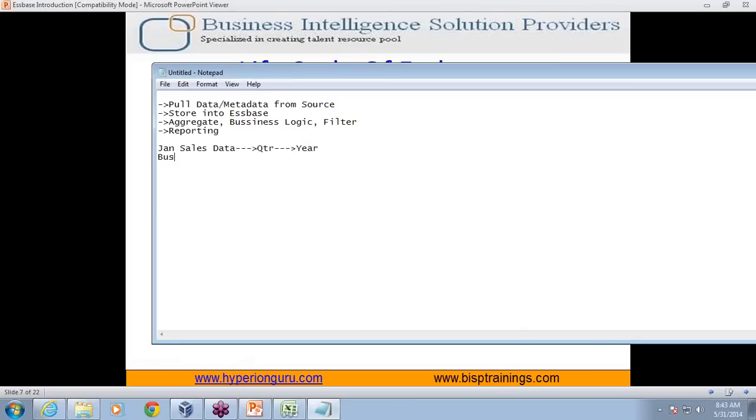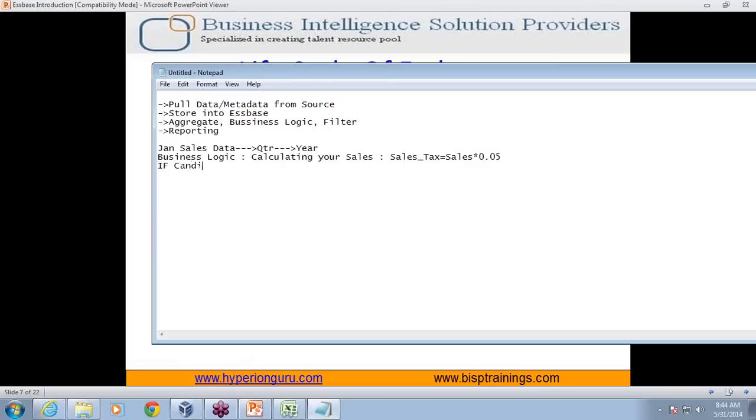You can apply some business logic. The simplest business logic could be calculating your sales tax, like a simple expression: sales tax equals sales into 5%, as simple as this. Or it could be complex business logic related to allocation, conditional statements. Business logic is used in our day-to-day life. Even when you apply for a credit card, the credit card is allocated to you depending upon the logic behind this. They apply some logic, something like this.